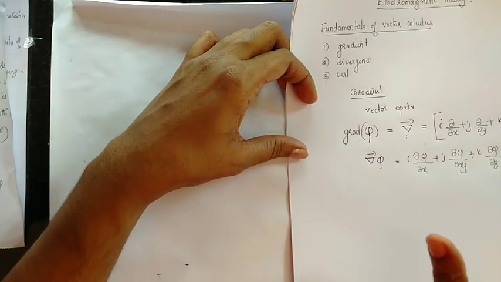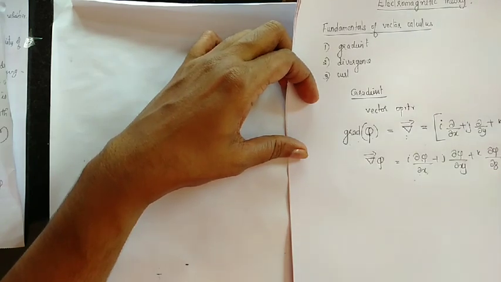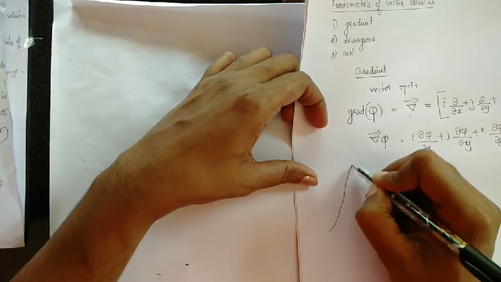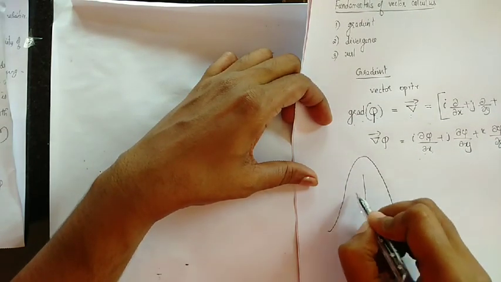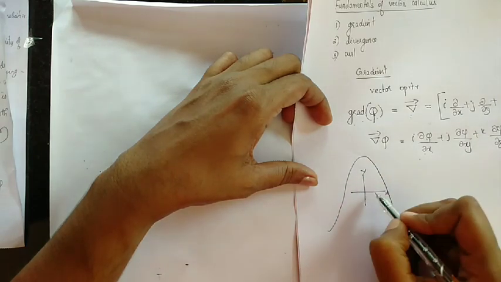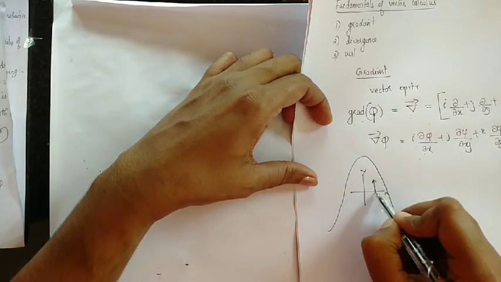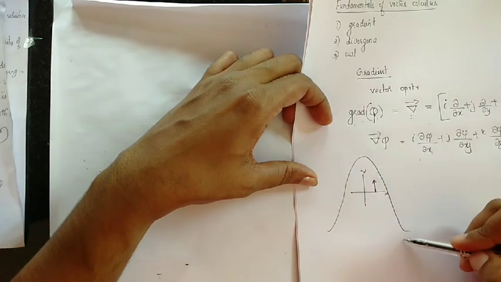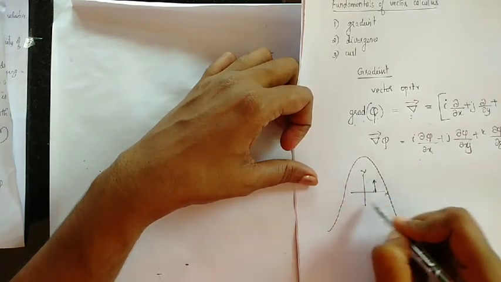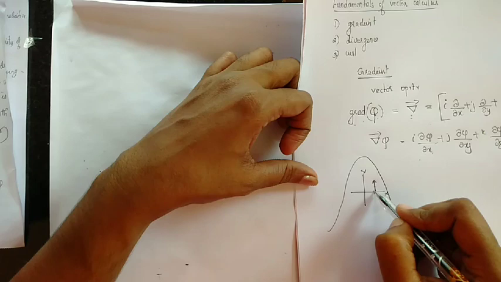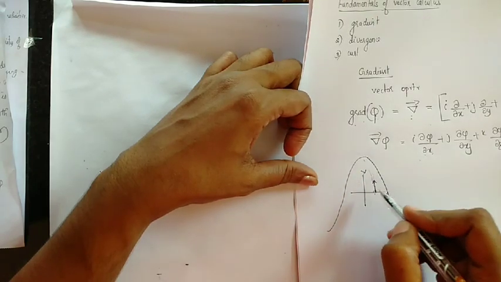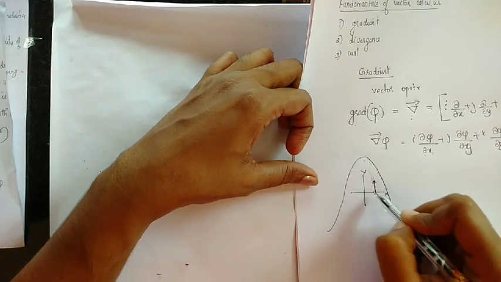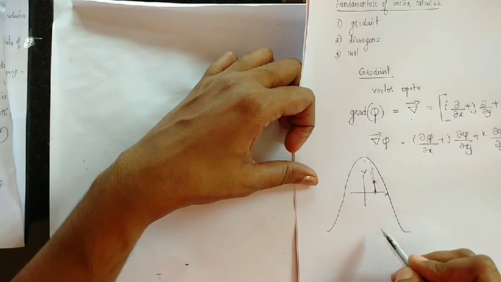What is the physical significance, or the concept behind taking gradient? For example, just consider a hill. Here we have the x-axis and y-axis. If you are moving in this direction, it will indicate the maximum increase of the slope of the hill, isn't it? So that is the gradient of this scalar function, and this point will give you the maximum rate of increase of height. It is given by this direction. If you take the gradient at this point, it will give you the maximum rate of change.